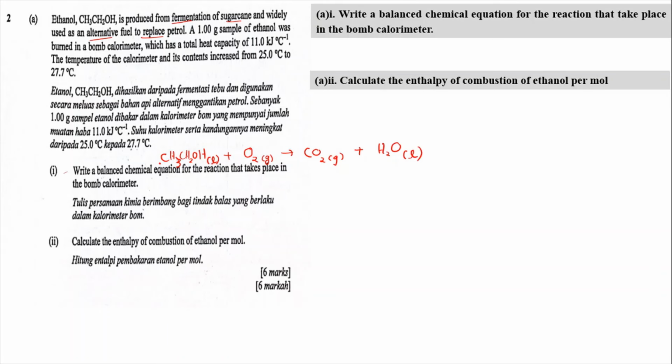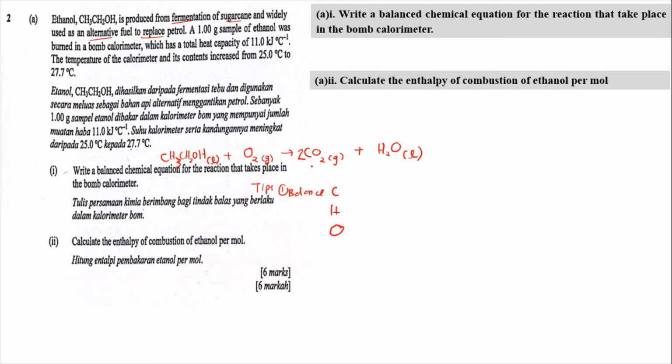So now this is the equation, but it is not balanced yet, so you have to balance the equation. So the tips here: balance carbon first, followed by hydrogen, and then balance oxygen. So carbon will have 2, 1 and 2 here,